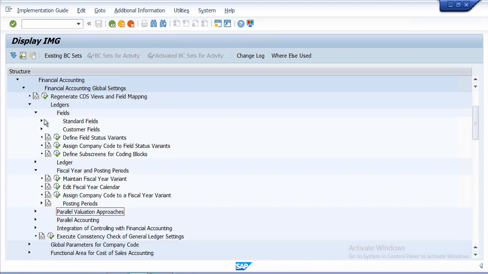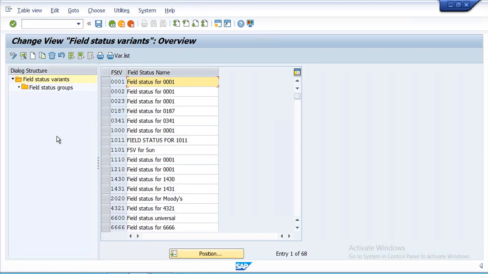Here fields, define field status variant. What we will do, we will generally copy from the standard any reference field status variant. We are not going to create this field status variant from scratch.